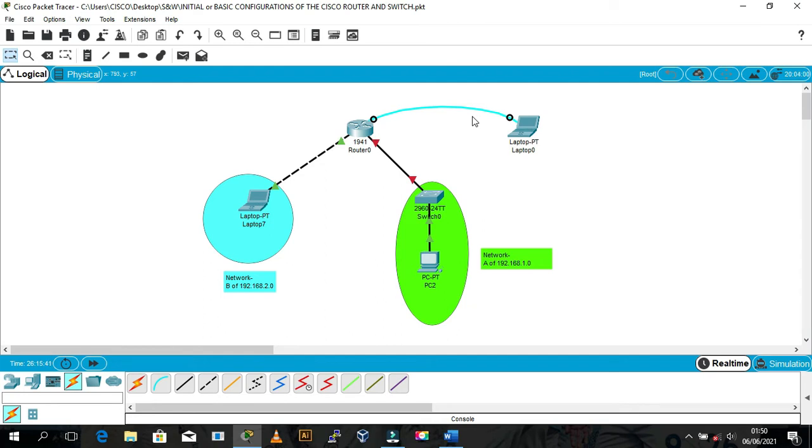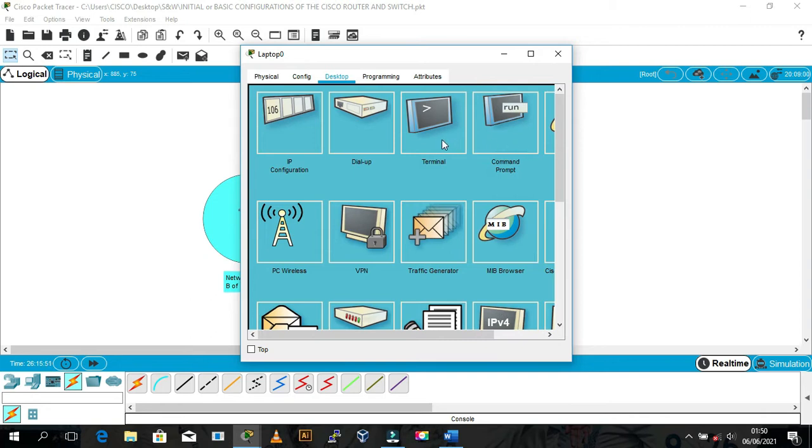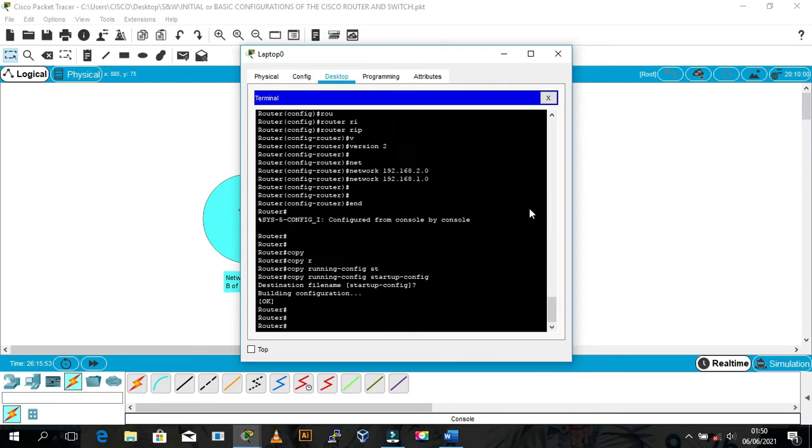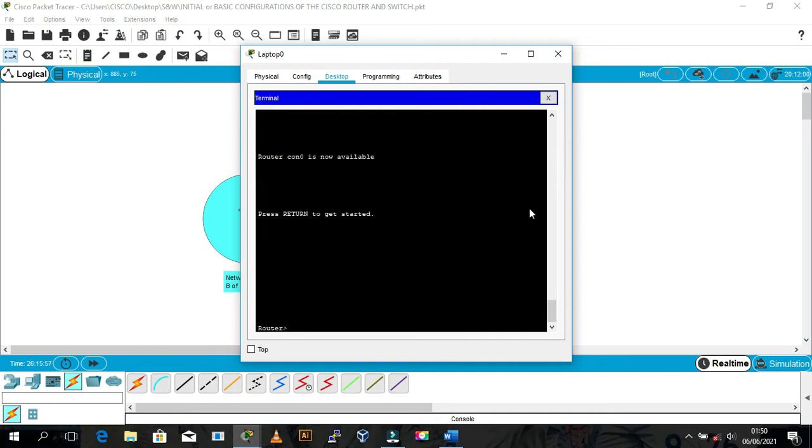So in reality you have to configure this. I'll show you towards the end of the video how in real life you can connect the devices using the console cable and another software which is needed for you to access the terminal of the router or the switch. So you go on your router,